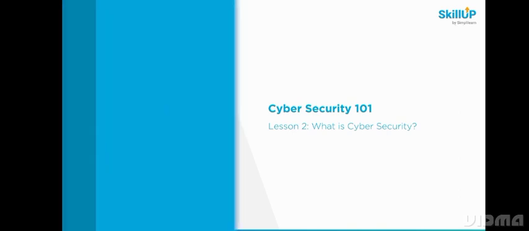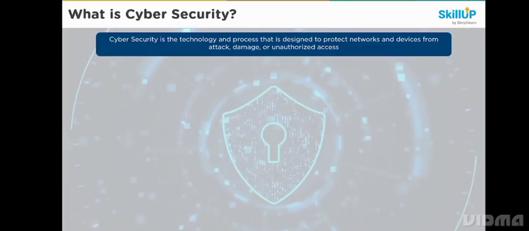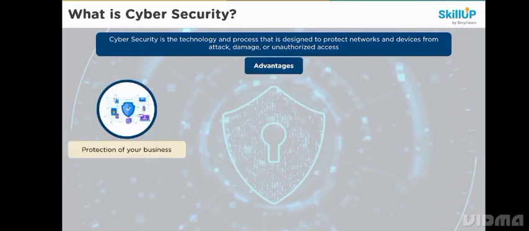What is cybersecurity? Cybersecurity by itself is a process, a design and architecture created to protect networks and devices from attacks, damage, or unauthorized access. So, the advantages of cybersecurity are that you want to protect your business. Like in the previous example, we just talked about an individual and his files being accessed. What if a company server got compromised or their web applications got compromised and their databases leaked out?